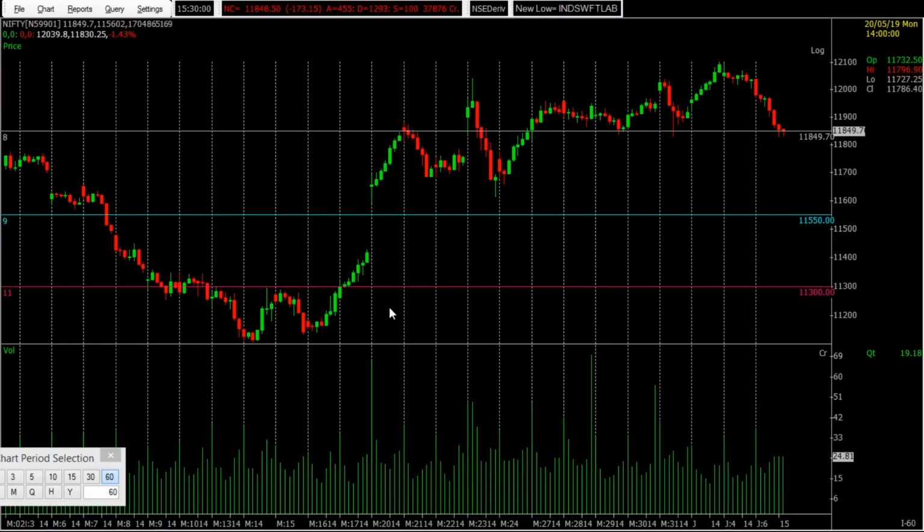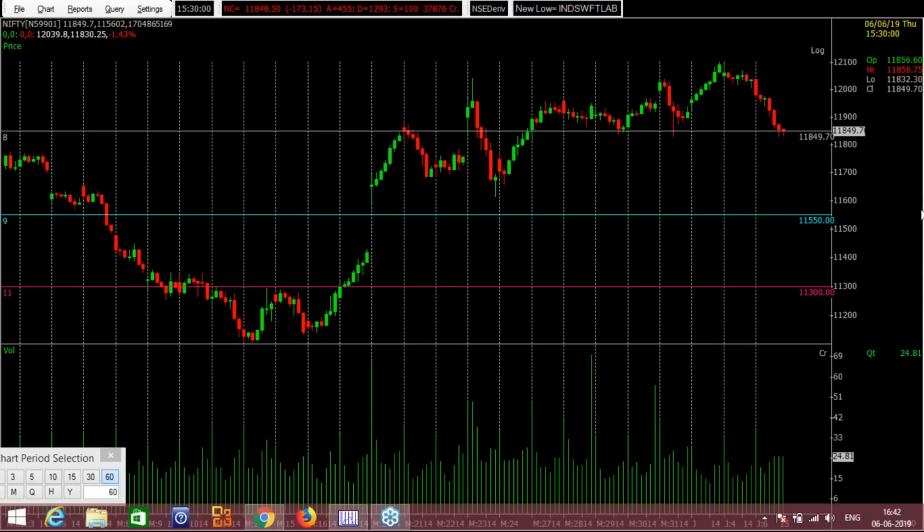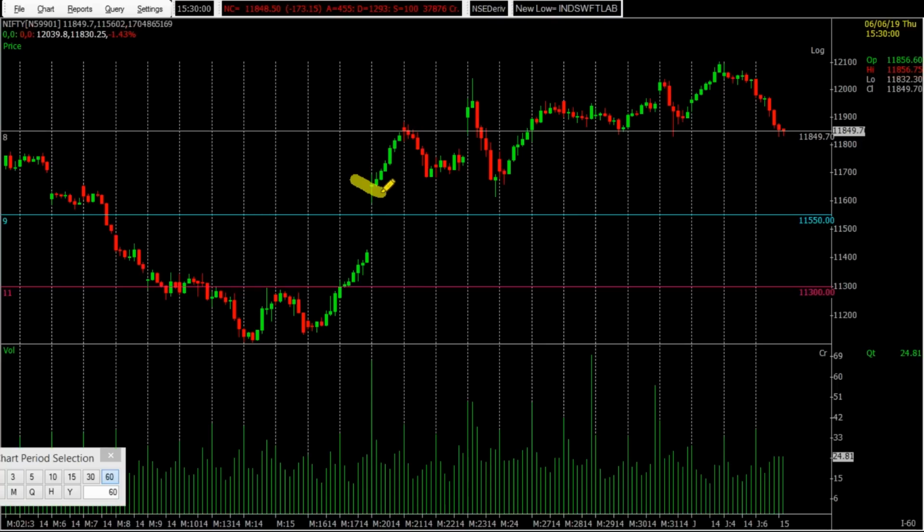We saw that after the break from this pattern, there's a huge move which came in, and this is the weekend over which the exit poll has happened, and the market has gapped up. But the cup and handle breakout has happened much earlier. So we can see that technical analysis, which is the study of price,